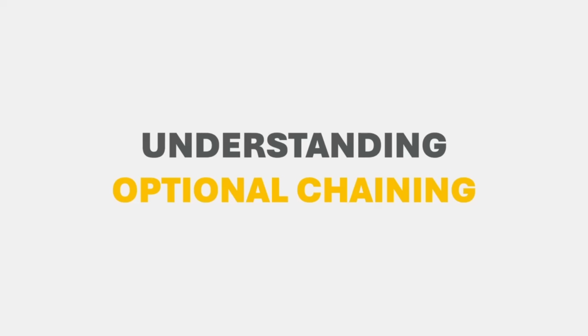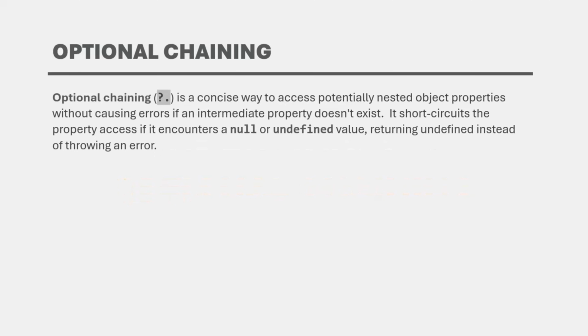In this lecture, let's learn about optional chaining and what is its use. Optional chaining is another new feature which was introduced in ES 2020, and optional chaining is a concise way to access potentially nested object properties without causing errors if an intermediate property doesn't exist. It basically short circuits the property access if it encounters a null or undefined value, and it returns undefined instead